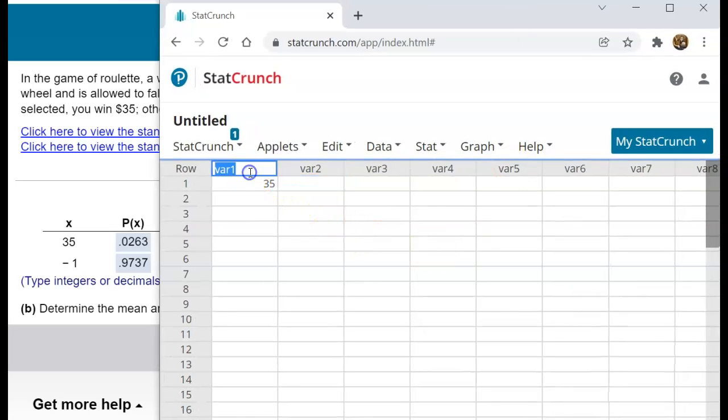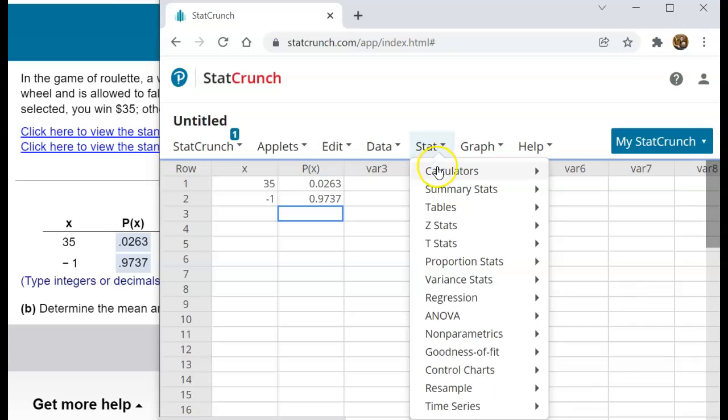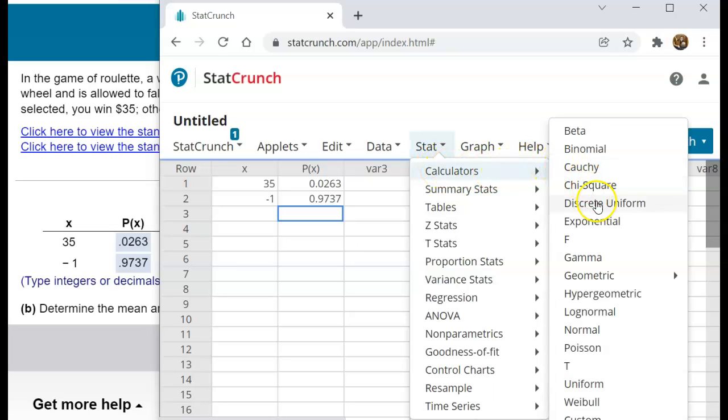So this is your random variable x, and this is your p of x. And so we're going to do 35 and -1 and 0.0263 and 0.9737. So this is our probability distribution for our discrete random variable x. And we're going to calculate the mean and the standard deviation for this. So we're going to go to Stat, Calculators, Custom,